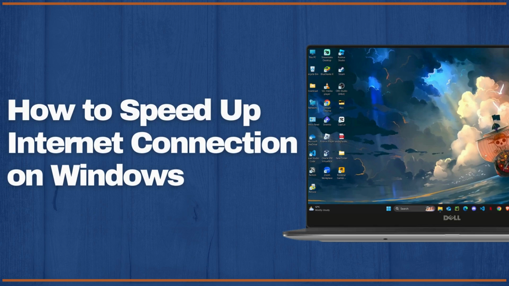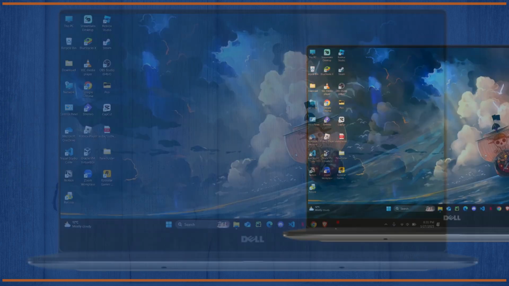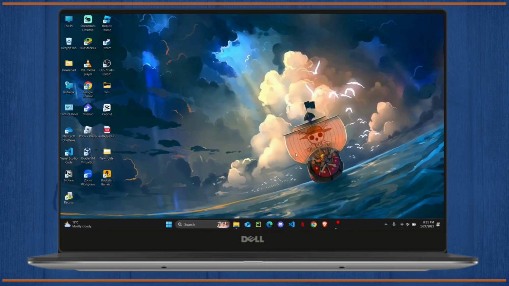How to speed up any internet connection on Windows. What's up everyone? In this quick tutorial, I'll be showing you guys a few methods to boost up your internet speed